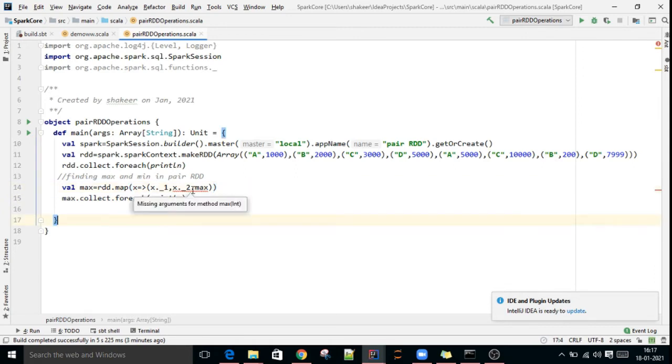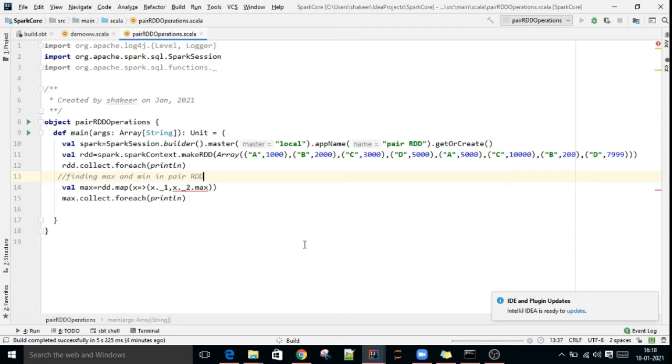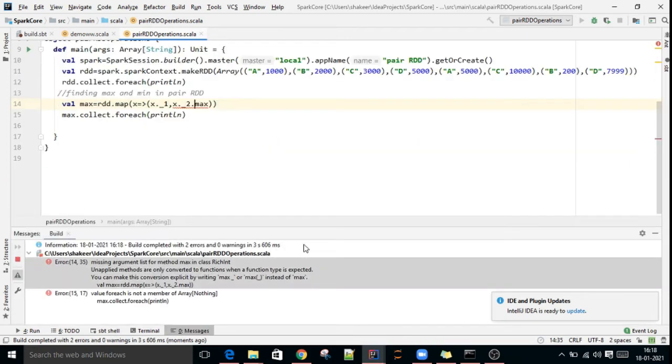I'm trying to execute, but some error is there.